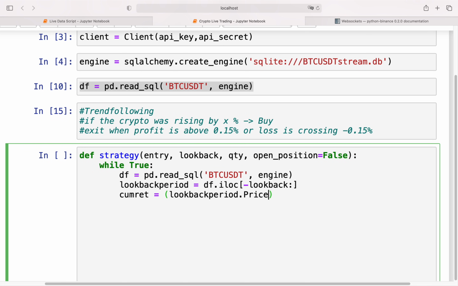Look back period, price. We're taking the percentage change, add a 1, take the cumulative product out of that and subtract a 1 here. So this is just summing up, in quotation marks, the returns over this look back period. Now we are saying if not open position. So if we don't have an open position, we want to check if this cumulative return is above our defined